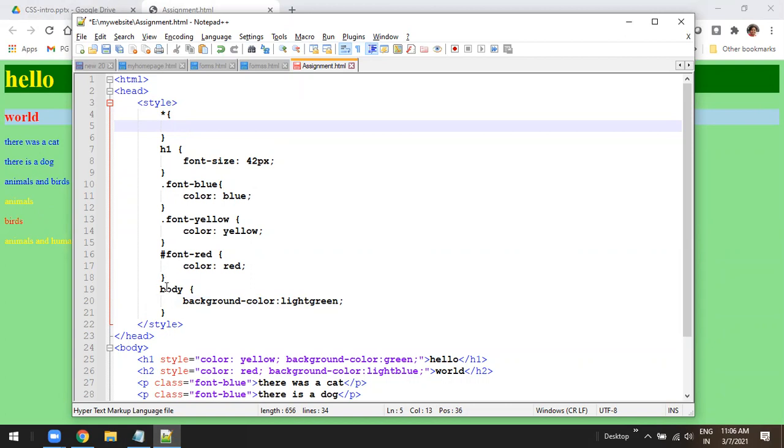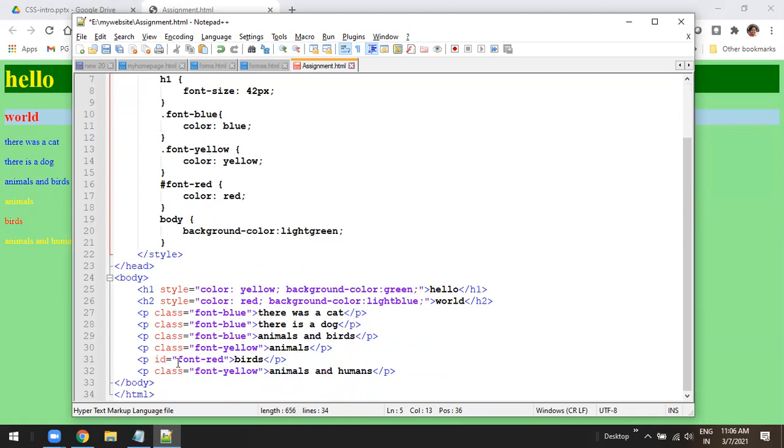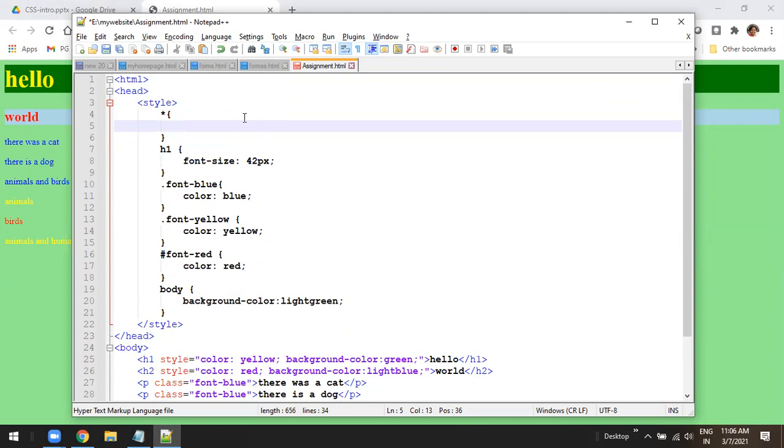When we are writing body, it is not applying to the whole document, isn't it? See, we are writing background color light green. That means it is applied to the body tag, not individually, isn't it? Background color light green was applied to the body, not to the h1 tag, not to the h2 tag. It was applied to the body. But if we write something here, it will be applied to all the elements in the page, like h1, h2, p, everything, whatever is there. Okay, so if I write here